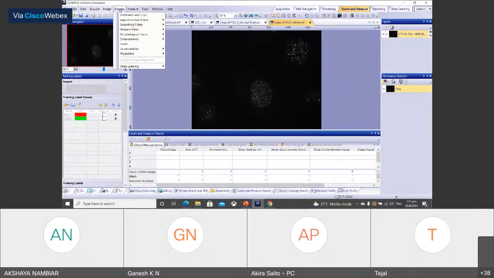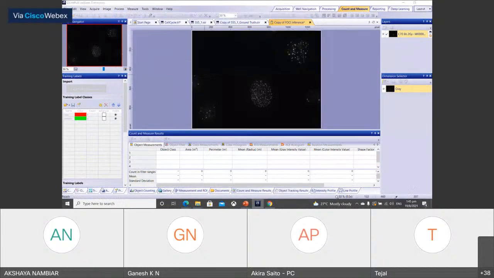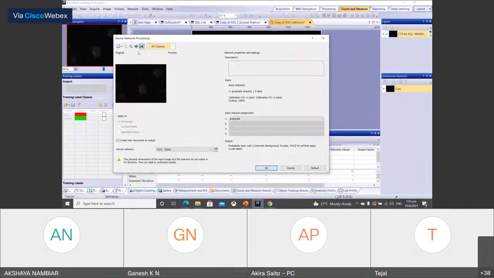Go to the processing and choose the neural network processing. Then you have this kind of box, and you need to choose which neural network you would like to use, and then click OK.